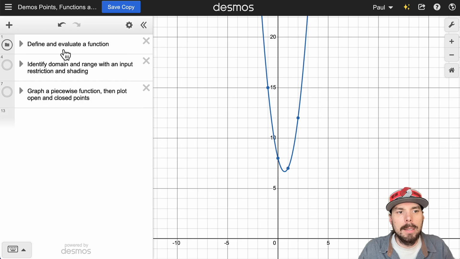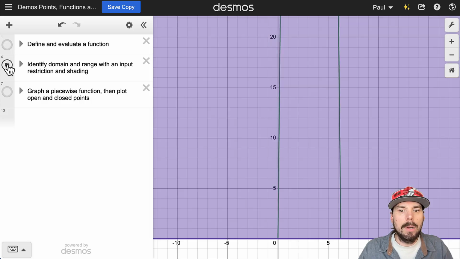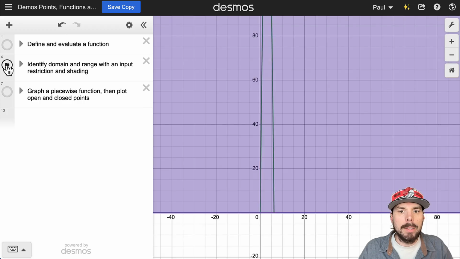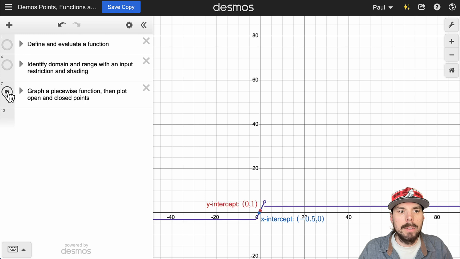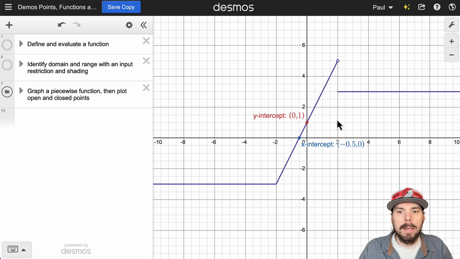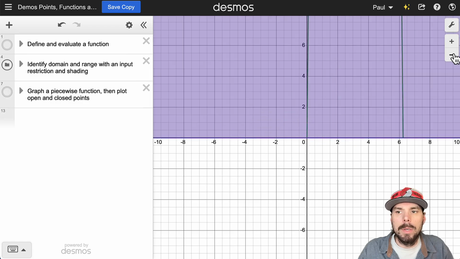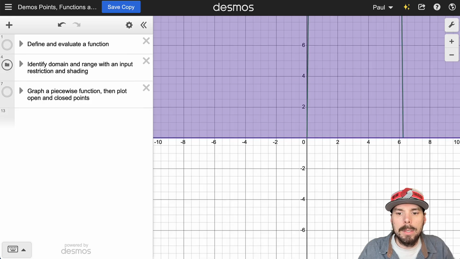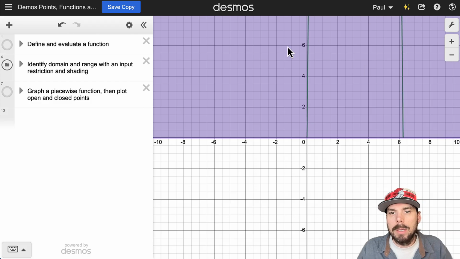So right away, let's get into these inputs. We've got 3 folders here, and you can turn on and off the graphs or features of those folders by just clicking those left-hand circles. Sometimes we may not be looking at things perfectly as we move through these, so at any time, if you want to, you can zoom out as I did there, or use that home button to go back to essentially X from -10 to 10,